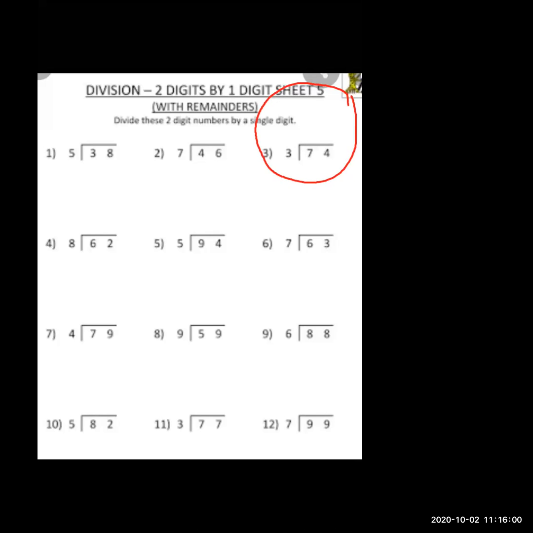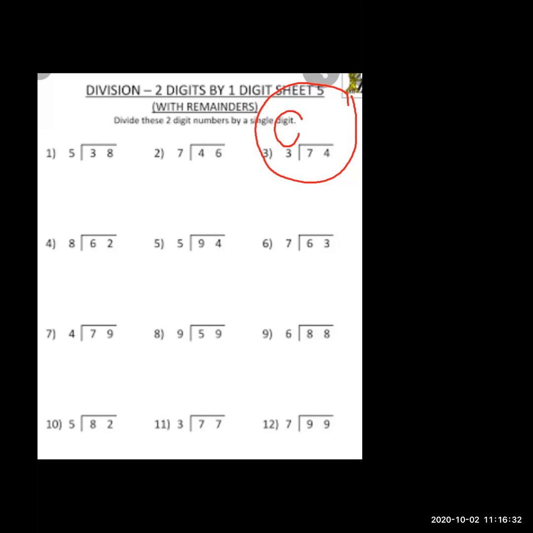Now 3 is what? Tell me in the chat box. Which 3? That 3. And the given number before, that is the number 3. So tell me, 3 is what in both sums? That is divisor. Very good. And 74 is what? The remainder is not there now. 74, that is dividend. Very good, Jagruti. And 3 is what? Yes, 3 is divisor.